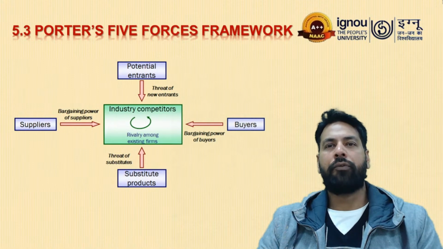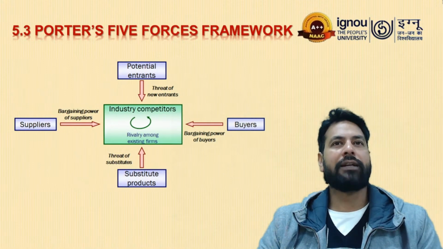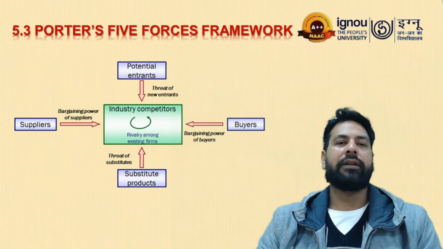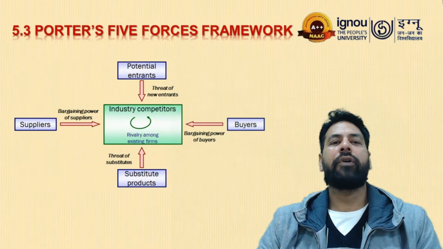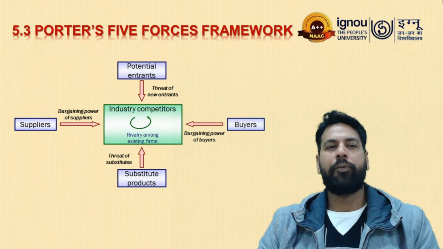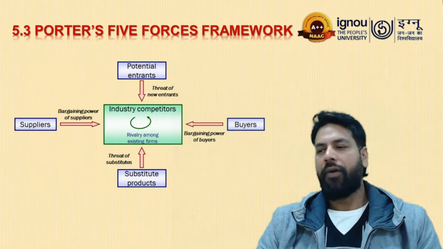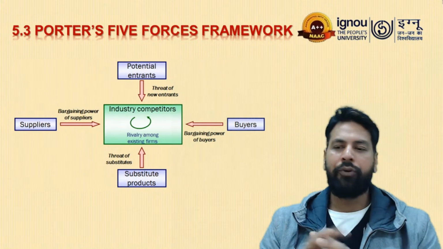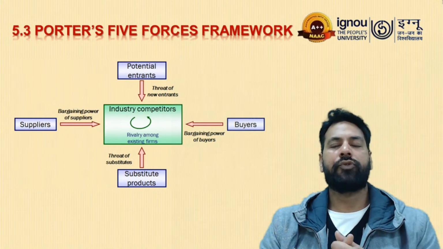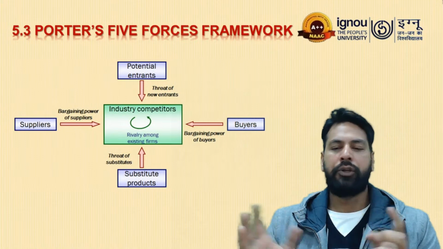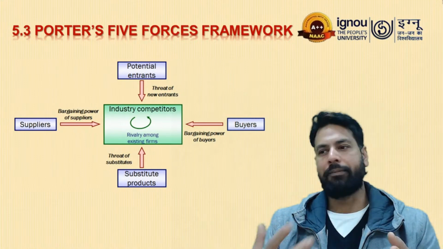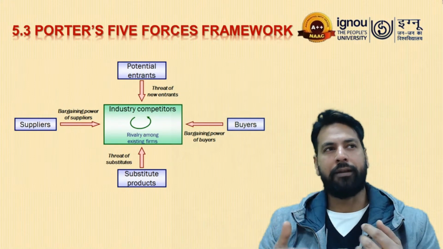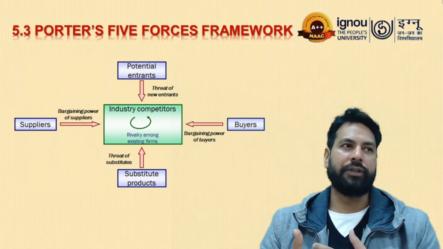He talks about the five forces which act on an industry. Now look at this. The first force acting on an industry is the threat of new entrants or potential entrants. If I am in an industry, in a business, I would always be threatened by newcomers. And you can always see examples where newcomers have come and completely changed the dynamics of an industry. Let's talk about